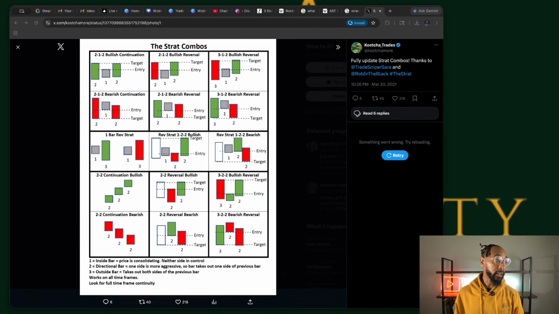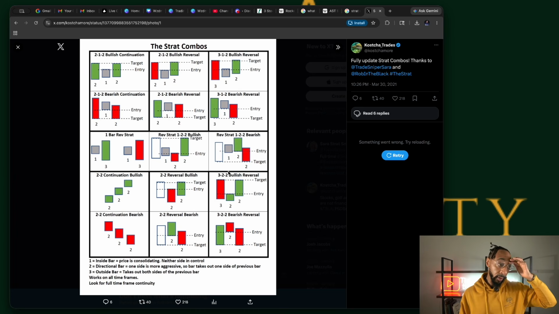Okay? This is a cheat sheet. I've shown this to you guys a million times. We have a 2-1-2 bullish continuation. We have a 2-1-2 bearish, bullish reversal. 3-1-2, 2-1-2 bearish, continuation and reversal, 3-1-2, a 1-3, right? 1-2-2, 2-2-2, a 2-2, a 2-2 bearish, right? And a 3-2-2. So, with that being said, this is